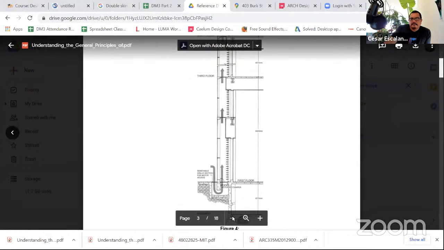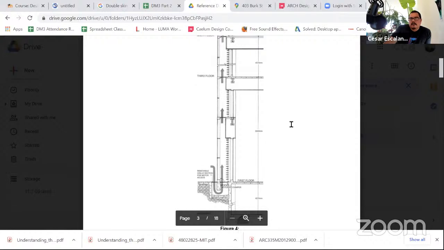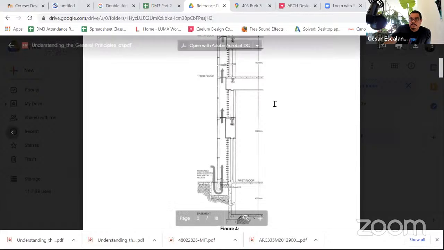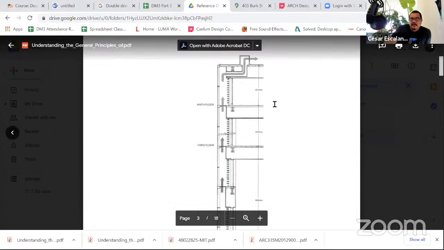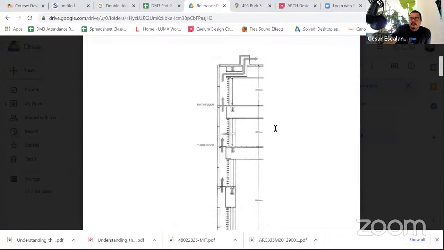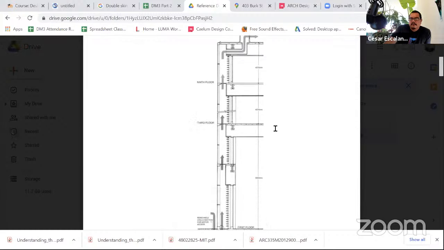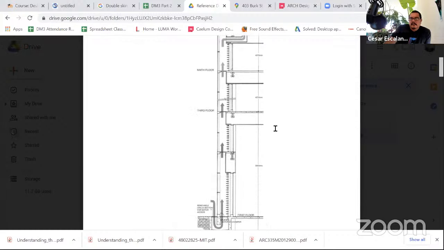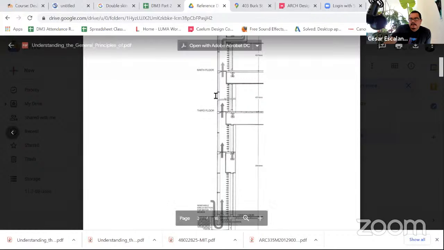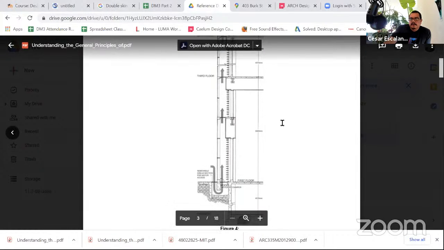This is how a double skin section will look when modeled in Revit. This was completely modeled in Revit. And you can see all the floors with a break line here. I think this was a high rise, but it tells the story on how